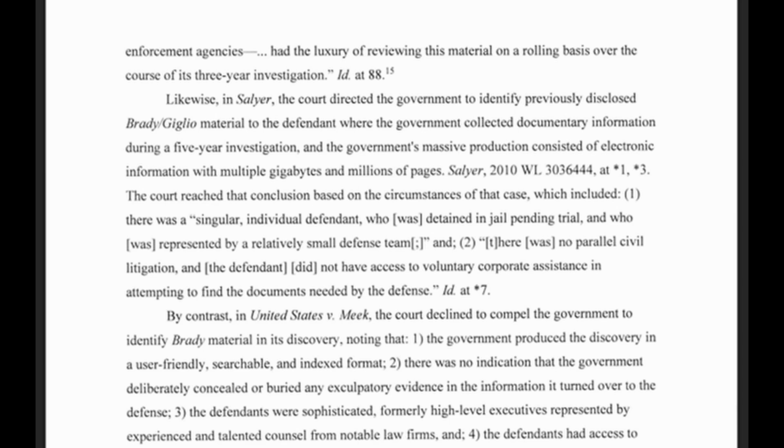By contrast, in United States v. Meek, the court declined to compel the government to identify Brady material in its discovery, noting that 1. The government produced the discovery in a user-friendly, searchable, and indexed format. 2. There was no indication that the government deliberately concealed or buried any exculpatory evidence in the information it turned over to the defense. 3. The defendants were sophisticated, formerly high-level executives represented by experienced and talented counsel from notable law firms. And 4. The defendants had access to the discovery for over a year and had it in the same format